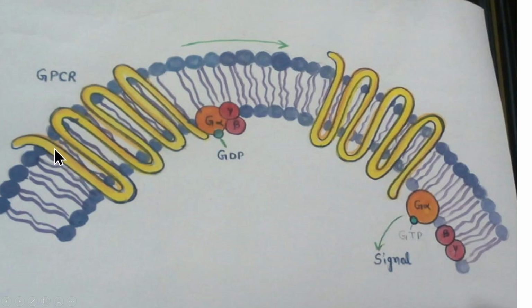Each of the segments comprises about 25 to 35 amino acids, and these amino acids form stable alpha helices in the lipid bilayer of the target cell. The core of the G protein coupled receptor is common to all types of G protein coupled receptors, whereas the extracellular loops and the intracellular loops differ in shape, differ in length, and differ in the sequence of amino acids, which allows them to bind with different types of ligands and with different types of